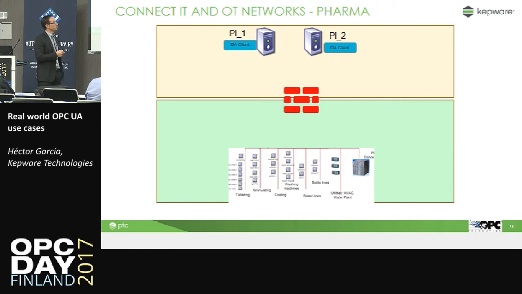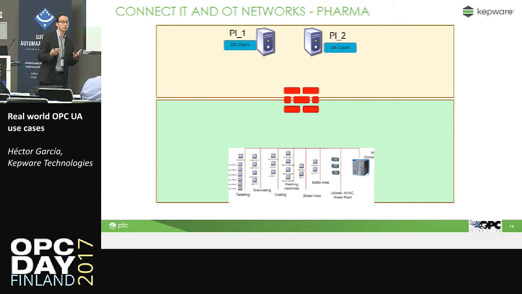One of the things of the pharmaceutical company is that, of course, they will have PLCs to control how they make the medicines, the pills, but they also have to control the environment, the temperature, the humidity, and many other things, because all these environmental features can affect the medicine itself. So everything has to be historized. So you may see here that you have some PLCs from different brands. By the way, some of the machines had their old legacy OPC DA servers.